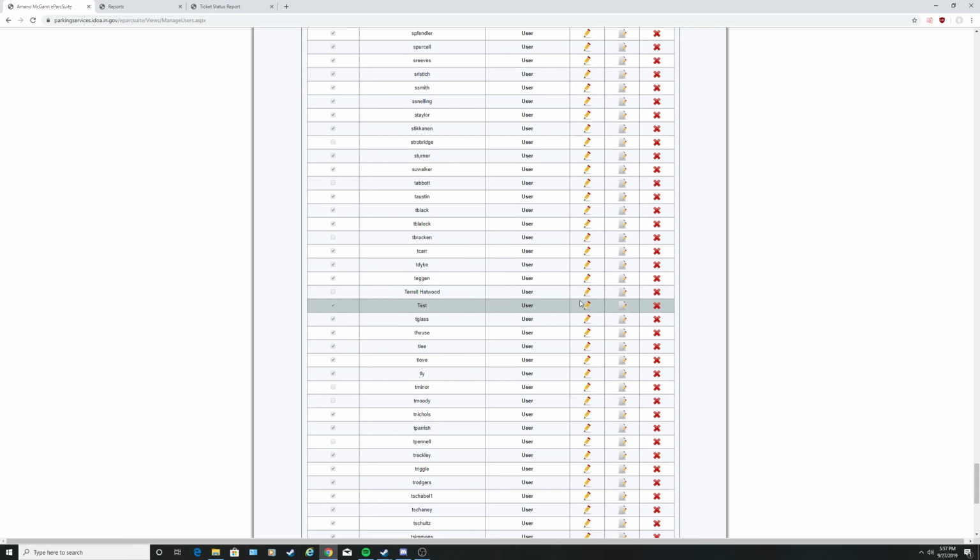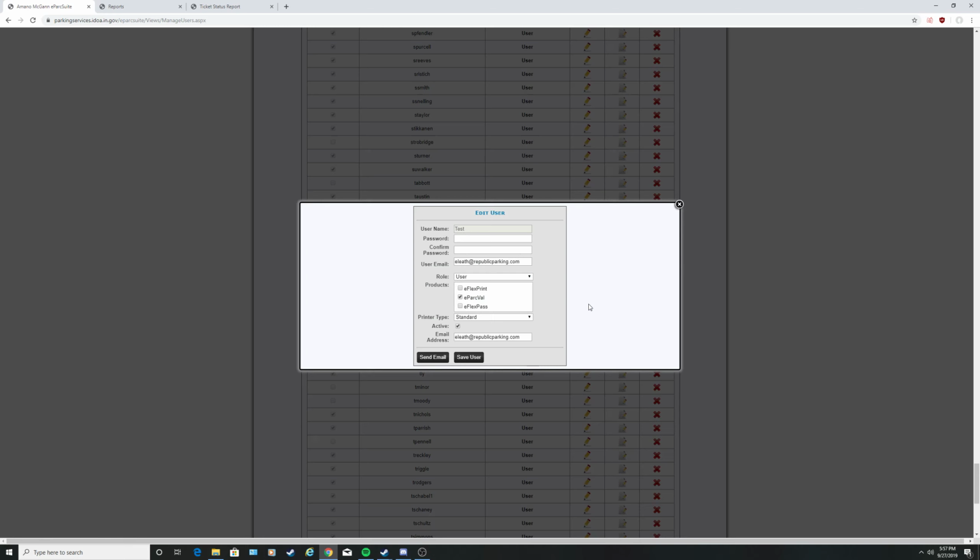Like I said, I got to make this part clear. Make sure the user email and email address are the same, and the correct email, obviously. These need to be the same in order for you to save anything or create anything. The send email button is broken. It doesn't work. So whenever someone needs to reset their password, just put in 1, 2, 3 in both boxes here. Save user, exit,